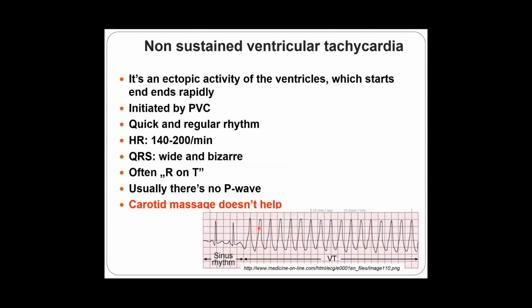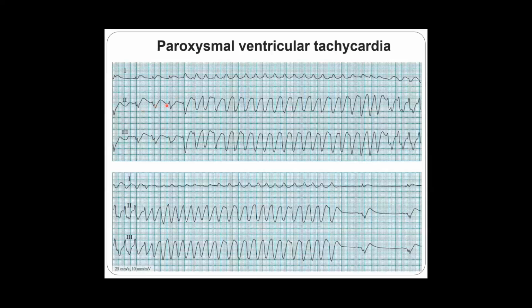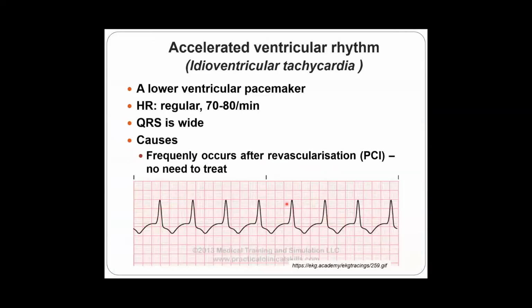So the coronary circulation, when it's taking place during the diastole, it's very short. So there's almost no way to have a normal oxygenation of the ventricle. This is, for example, a non-sustained or ventricular paroxysmal tachycardia, and coming back to the normal one. Okay,